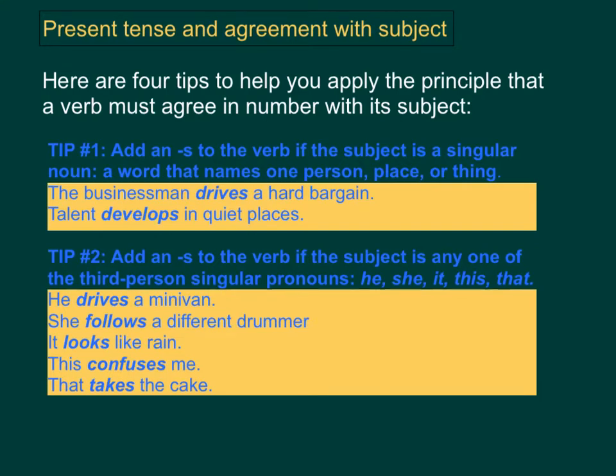Tip 2. Add an s to the verb if the subject is any one of the third-person singular pronouns he, she, it, this, that. 當我哋嘅 subject 係以下落嚟其中一個代名詞嘅時候，我哋亦都可以喺呢個 verb 後面加 s。我哋睇睇以下落嚟嘅例子。He drives a minivan。我哋見到代名詞係 he，亦都係頭先所講 he, she, it, this, that 其中一個。咁所以我哋可以喺 drives 呢個 verb 後面加 s。我哋再睇到一個例子。She follows a different drummer。我哋見到 she 亦都係 he, she, it, this, that 裏面其中一個代名詞，所以我哋喺個 verb follows 後面都可以加 s。